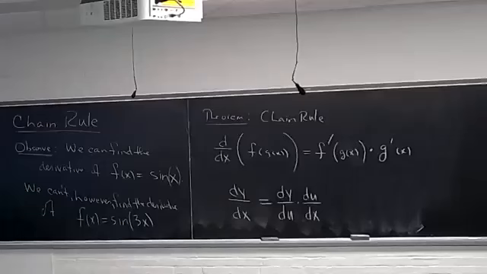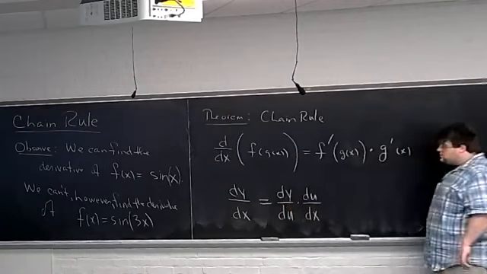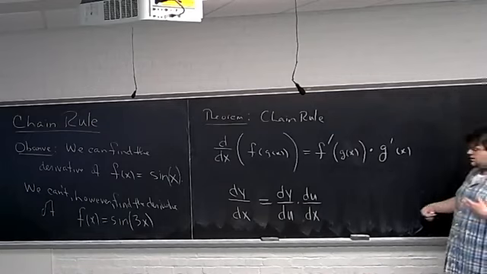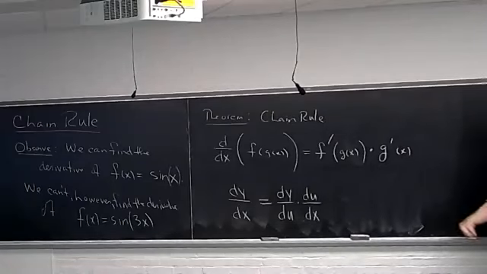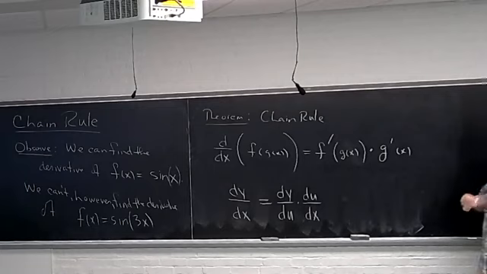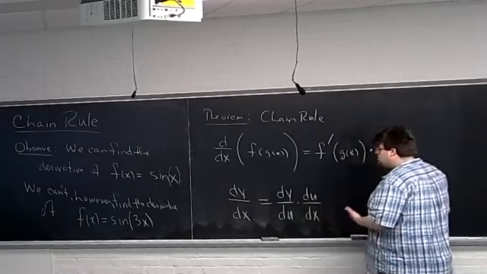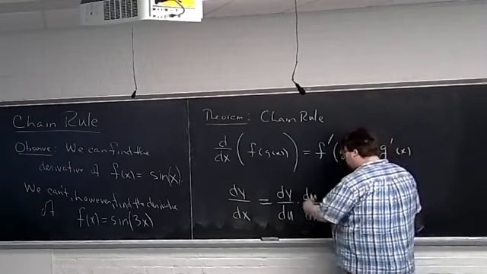And those two parts are actually the same. The first part here is the same as this first part, and the second part is the second part. But this notation, the fractional derivative notation, one of its conveniences is that it makes the chain rule look a little nicer. Now, this equation on the right-hand side makes it look like these are exactly fractions. Meaning it looks like these du's, du divided by du would be 1,